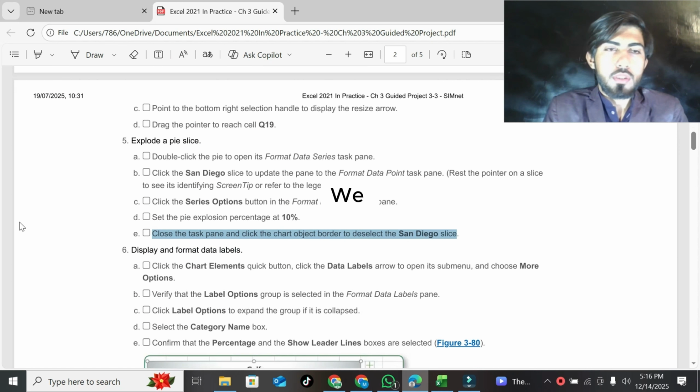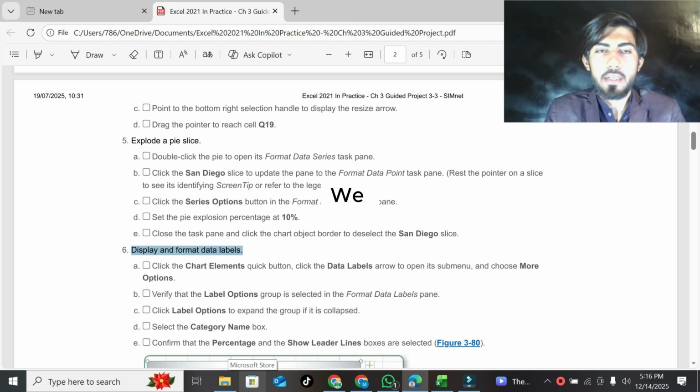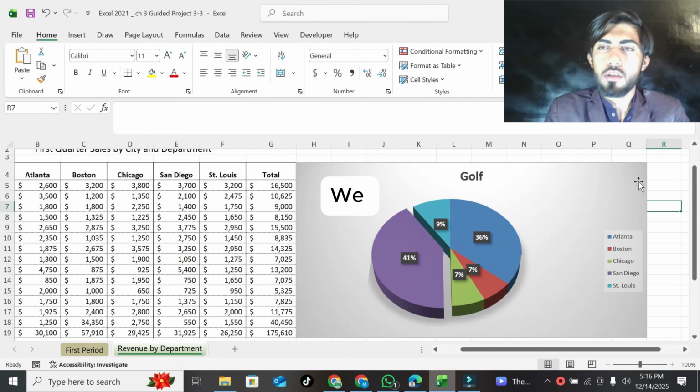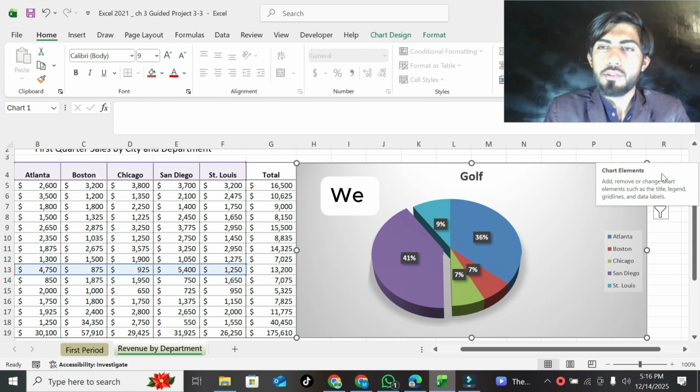Now I'm going to do question number 6. Question number 6 is display and format data labels. Click the Chart Elements quick button, click the Data Labels arrow to open its submenu and choose More Options. So click on the chart and you will see Chart Elements.